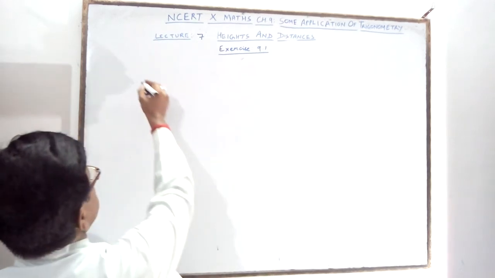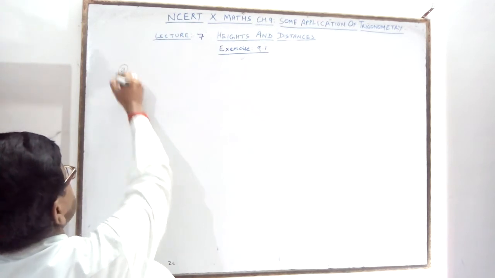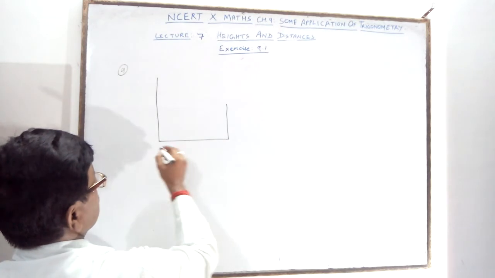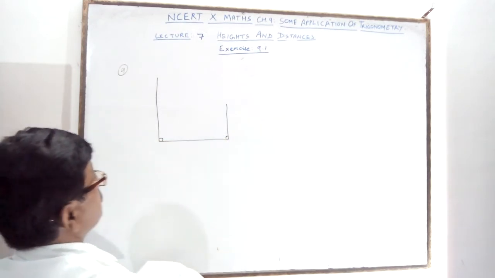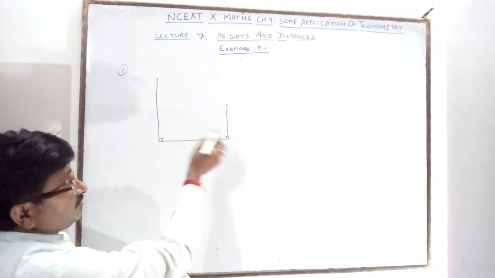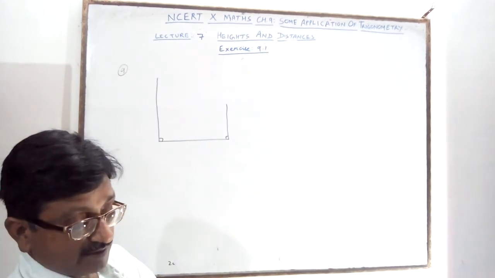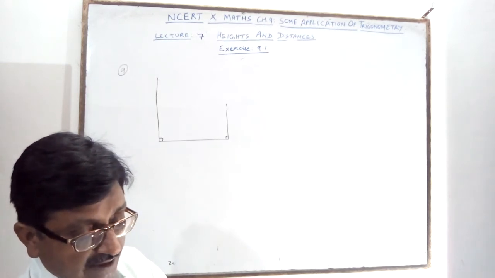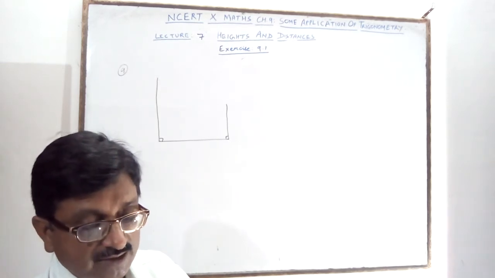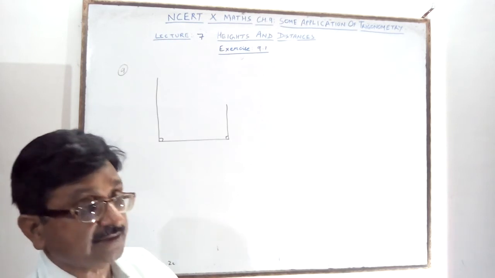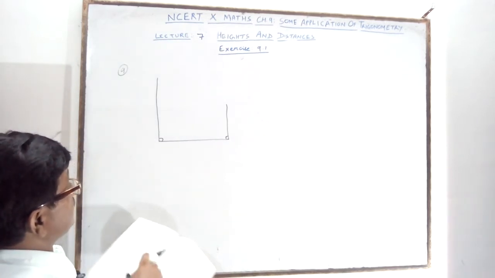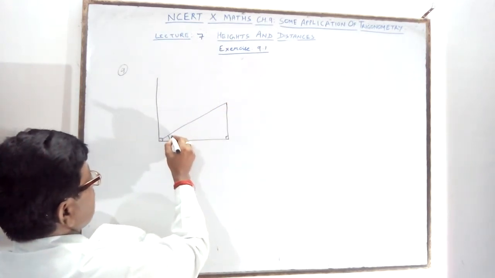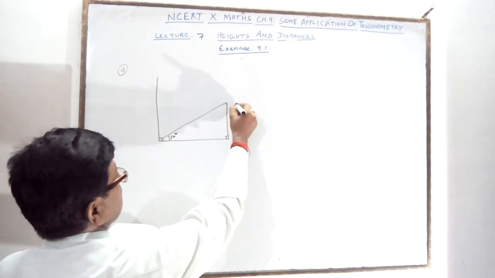From the foot of the building, how will you decide which one is higher than the other? Two things are standing on the same ground, at 90 degree. One is a tower, one is a building. The angle of elevation of the top of the building from the foot of the tower is 30 degree. It is a smaller angle, that's why the building is smaller. So you will decide this.